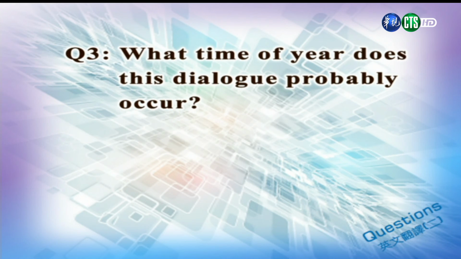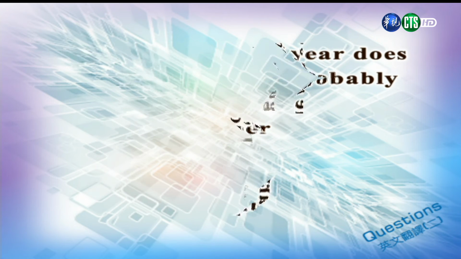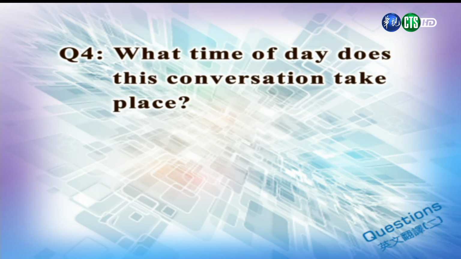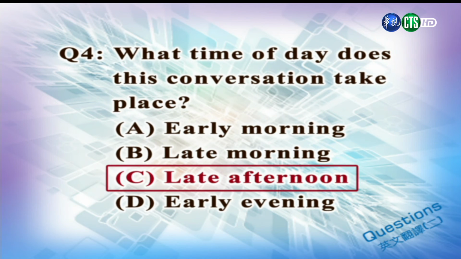Question 3. What time of year does this dialogue probably occur? A. October. B. April. C. January. D. July. D. July. Question 4. What time of day does this conversation take place? A. Early morning. B. Late morning. C. Late afternoon. D. Early evening. C. Late afternoon. 最后来看看 Part 4 Let's practice 句型翻译练习。从刚才的英文对话里面挑出一些例句来做翻译练习。